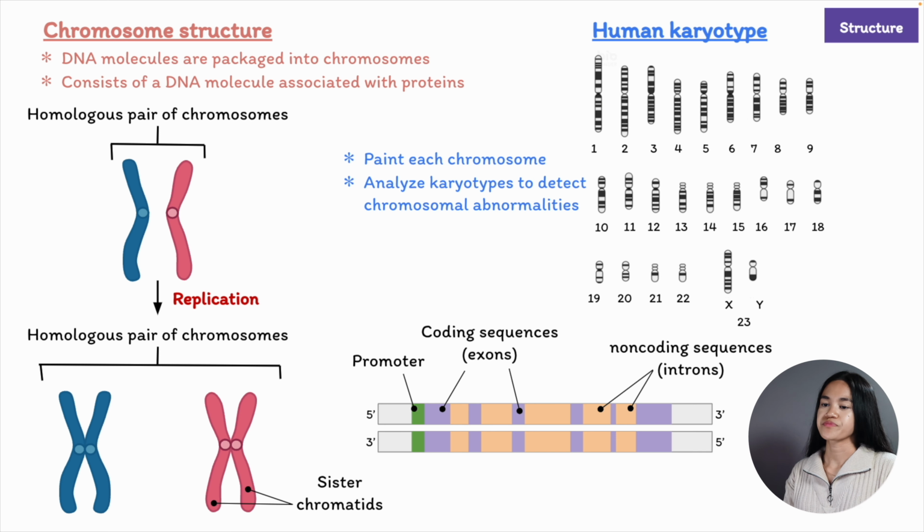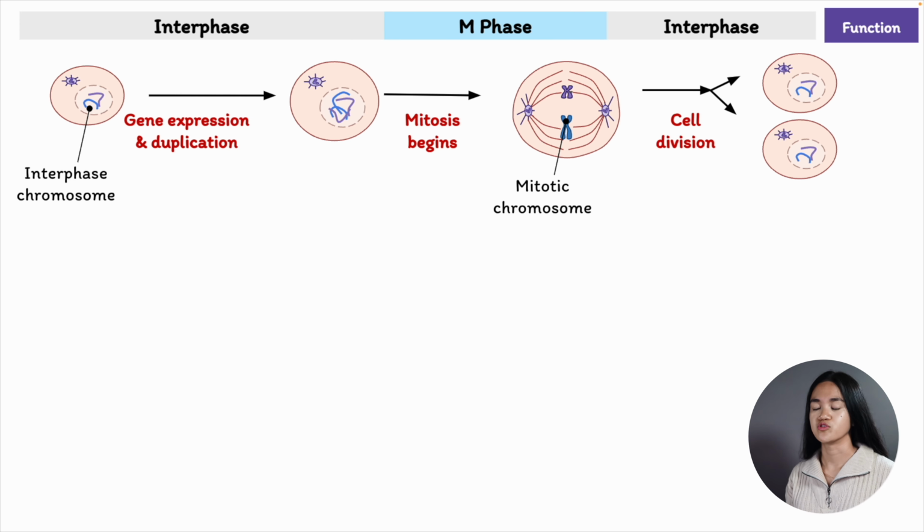Now, each gene is associated with regulatory DNA sequences, which are responsible for making sure that the gene is turned on or off at the appropriate time and expressed at the right level in the appropriate type of cell. All right, now that we know that chromosomes carry genes and we have 23 pairs of chromosomes, 22 pairs are called autosomes plus the sex chromosomes, how do you actually form a functional chromosome? Because a DNA molecule simply can't just carry genes. It must be able to replicate, and the replicated copies must be separated and partitioned equally into 2 daughter cells